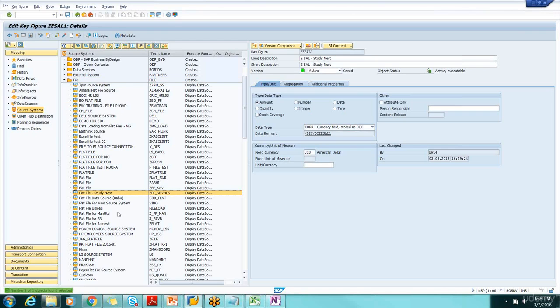Let's see. So it's here. If you cannot see, you can just create. This is the file where we created. The flat file source system name. So now the next step is to create a